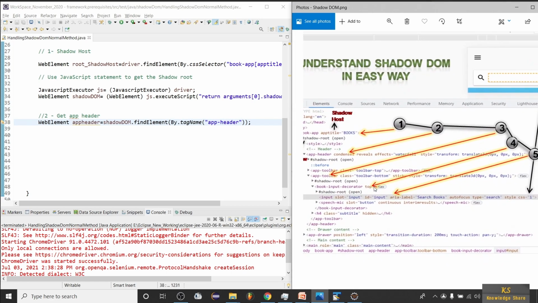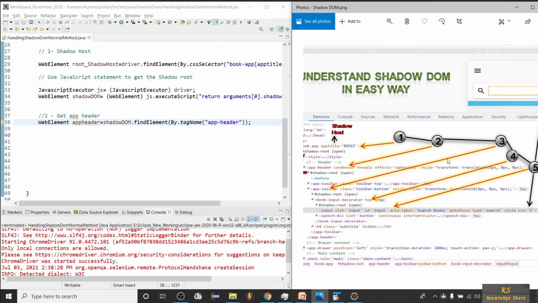Okay, now step number 3 is to navigate to the app toolbar. We have two app toolbars here, one is toolbar top and the other one is toolbar bottom. Now we have to navigate to the second one. So for that we will use the class. Okay, so get app toolbar. So again I'm going to create web element,